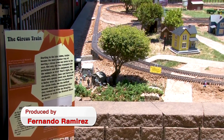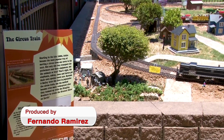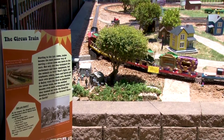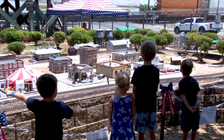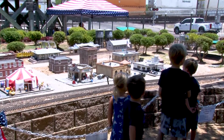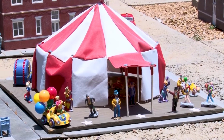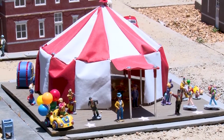So today is the monthly Garden Railroad Run Day at the museum, where our Garden Railroad is up and running with various museum trains. And this one's a little different because we are doing a little circus-themed event where the circus train will be running around on the layouts, and we have circus tents with animals and clowns all throughout the layouts. In addition to that, we'll have bubbles blowing, carnival music as well, and overall it should be fun